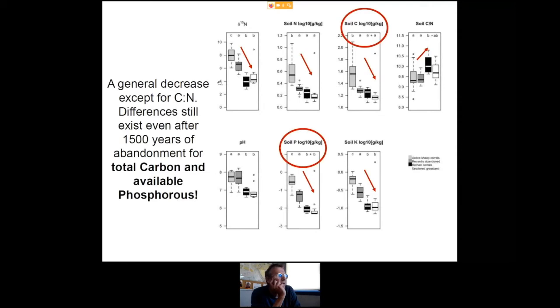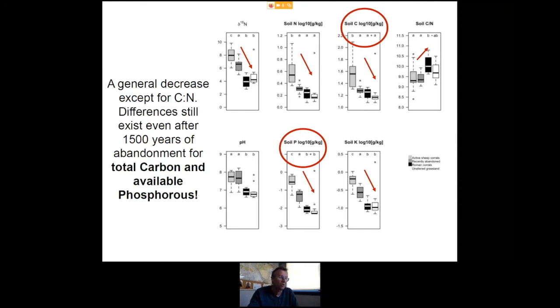But when we do univariate analysis, of course by time we've got a strong decrease for all the parameters which have been measured, except for the CN ratio. But you can see that it was an incredible discovery. For total carbon and for available phosphorus, there is some difference between the Roman sheepfold area and the controlled steppe. So it means that even after 150 years of abandonment, we still have in the soil some trace that we can measure of change due to the concentration, for several years, perhaps over dozens of years, of the flock